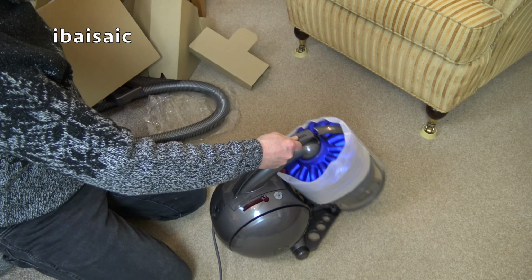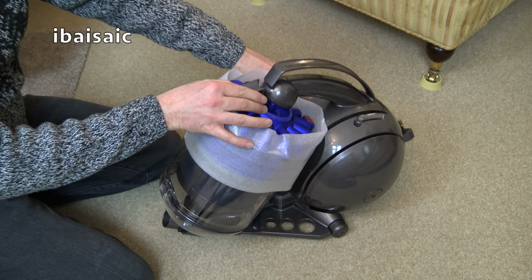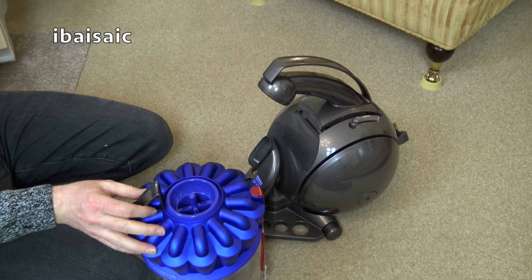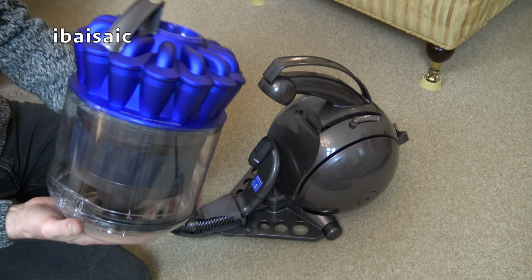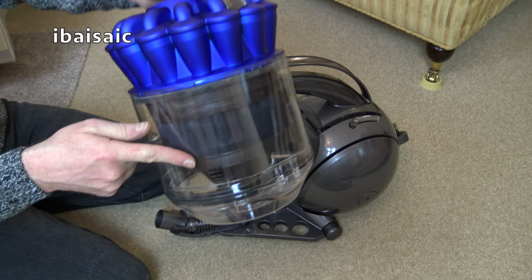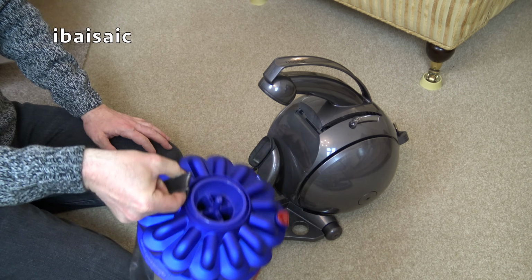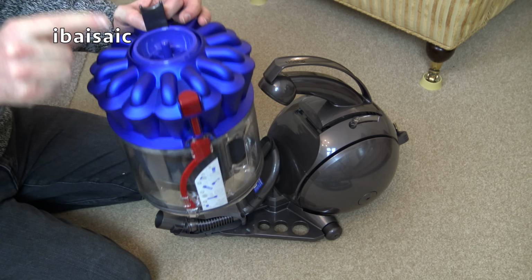So there we go. So let's remove this protective cover. Let's take the bin out first. We've got a very nice blue colour for the Cyclone. Here's the bin. Maximum fill line is just about there, look. So to empty the bin, obviously once you've released it from the machine, you can carry it by that little handle there, and then you press the red button on the top